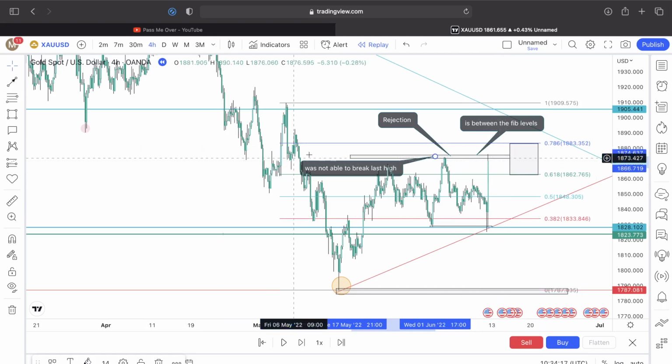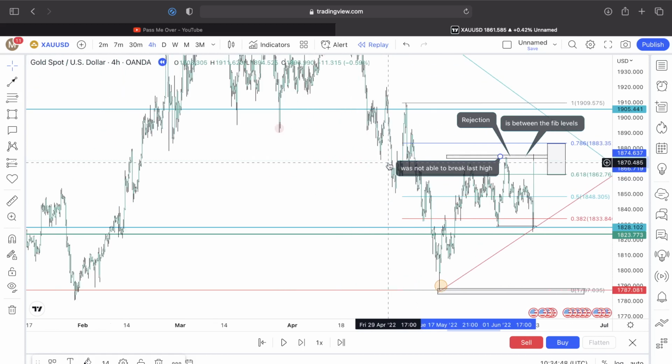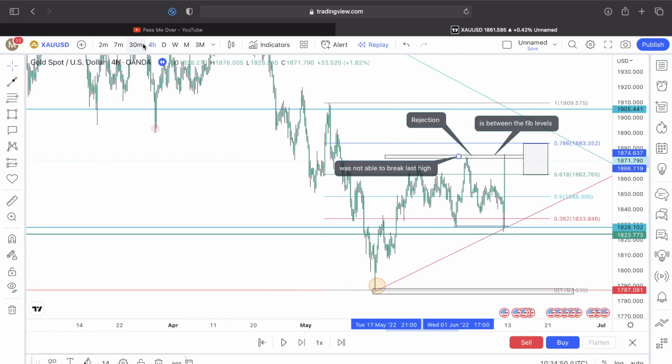Okay, now these are already three good reasons to say, okay, that could be a potential sell. Okay, and there's an equal high as well, which means in terms of structure, low high, low high. Okay, equal low, and then equal high. So so far it was not able to break, so that means it's still regarded as a downtrend. Okay, since it wasn't able to break, it's still regarded as a downtrend. It is in the middle. So we have three confluences which could say to us, okay, that might be a possible